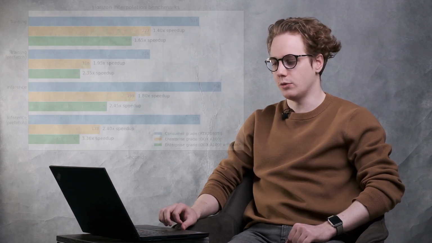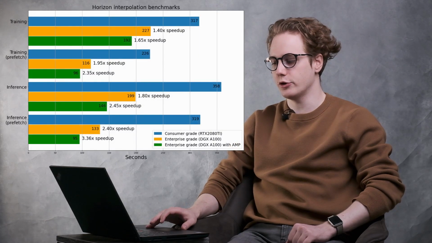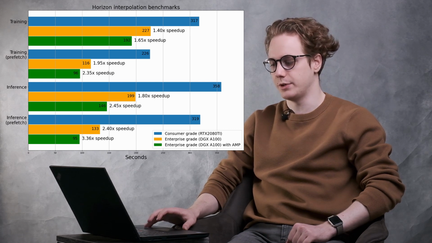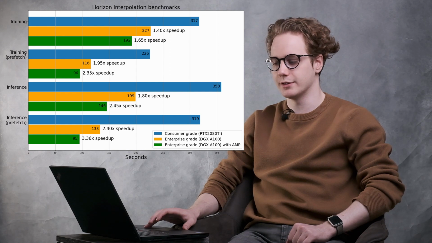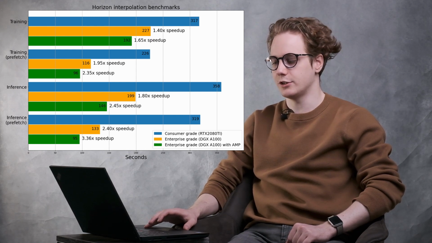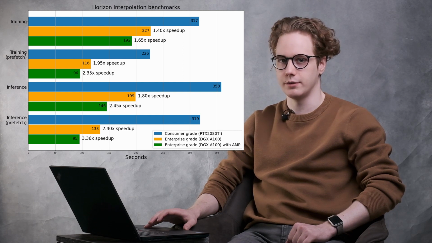We have tested our models on different devices, and here you can see the comparison of a consumer-grade GPU and the DGX A100. The enterprise-grade GPU provides a massive speedup and also relieves memory constraints, allowing us to focus on model development. This result is achieved by an out-of-the-box DGX with no NVLink or other optimizations.